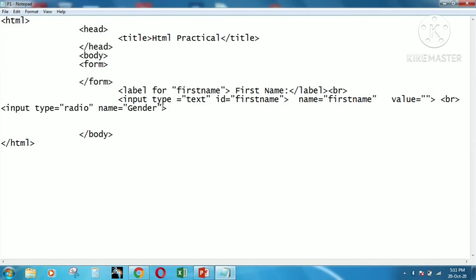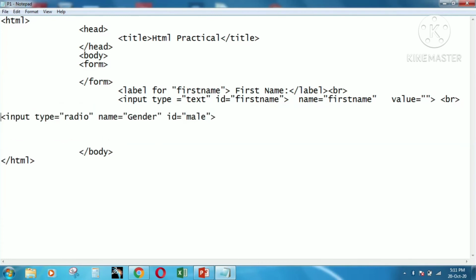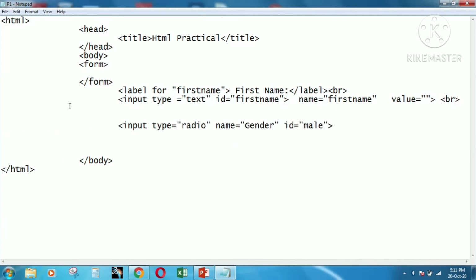So we can also create here ID, male. So it will be the same. Okay, for input type you need to mention name and ID. You need to mention these fields whenever you want to use any input type. Okay, input type, name and ID, and somewhere value also. Whenever you want some user input, you need to write the value also.